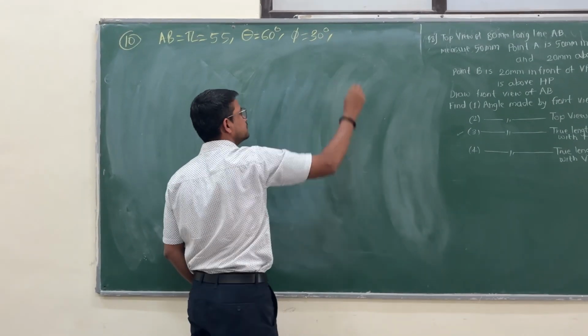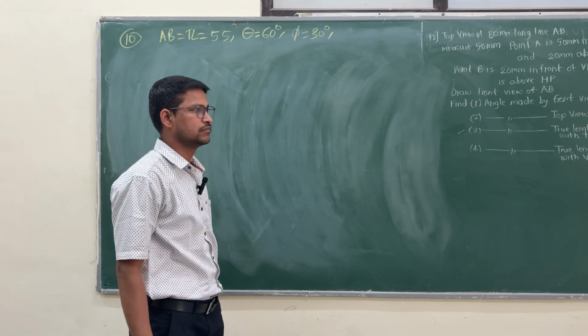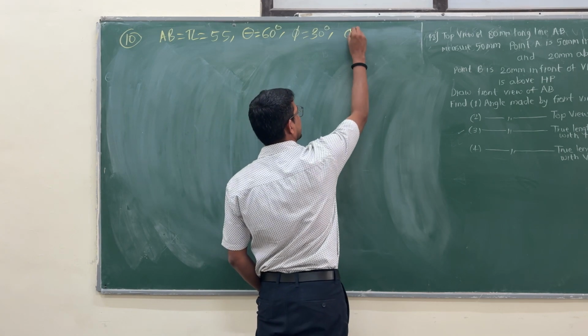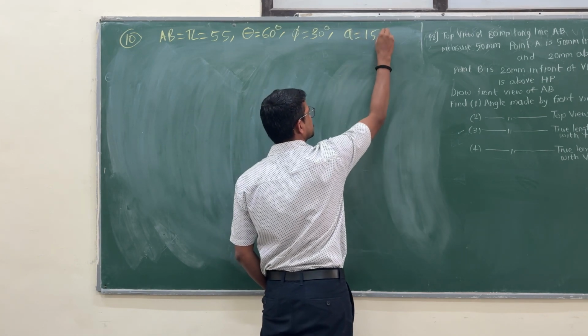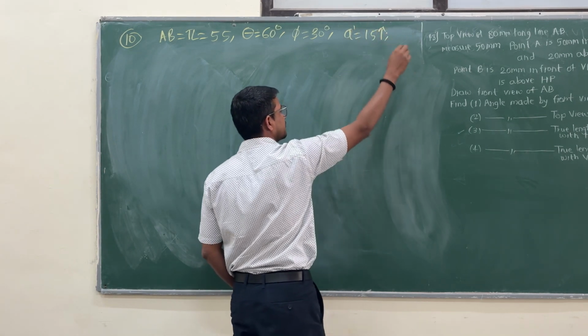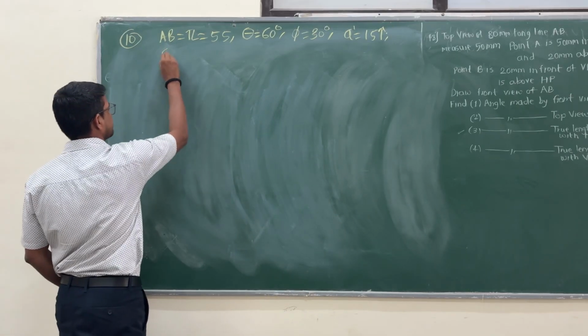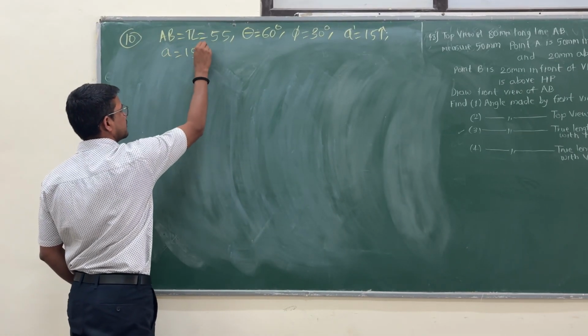Next, A is 15 mm above the HP, A dash, and 15 mm in front of VP. Fine. Next,